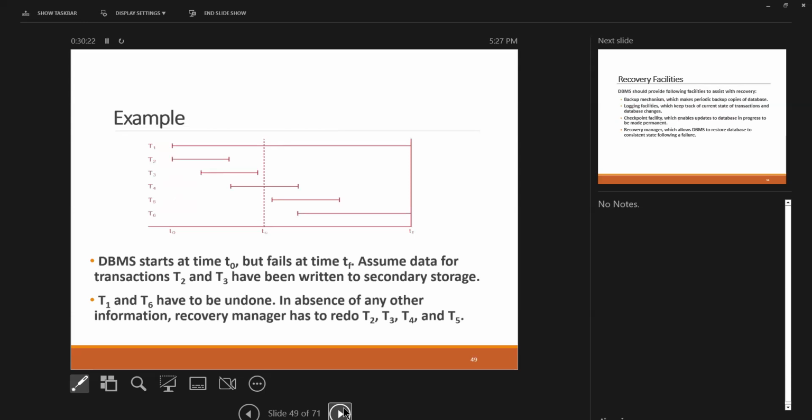undone. This is an example, and a couple of slides back, we'll give you the results to these questions. The database starts at time t0 here, fails at time tf, assuming data for transactions 2 and 3 has been written to secondary storage. T1 and T6 here have to be undone. In the absence of any other information, the recovery manager also has to undo T2, T3, T4, and